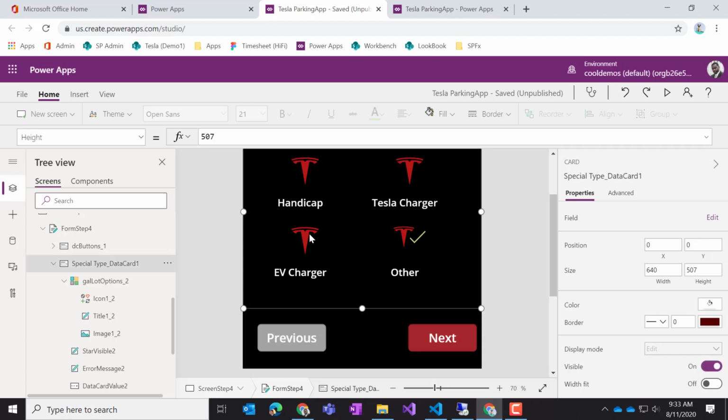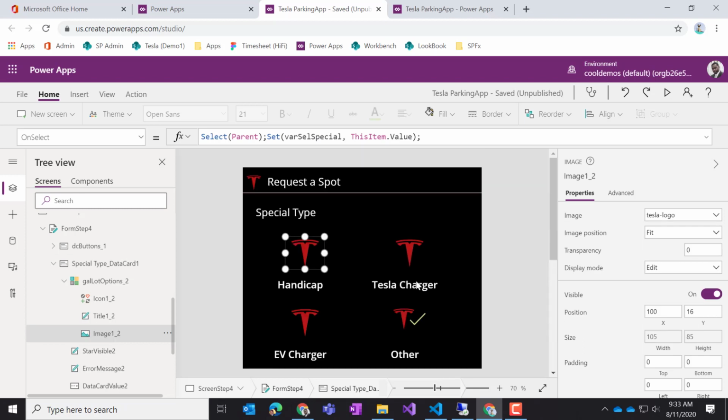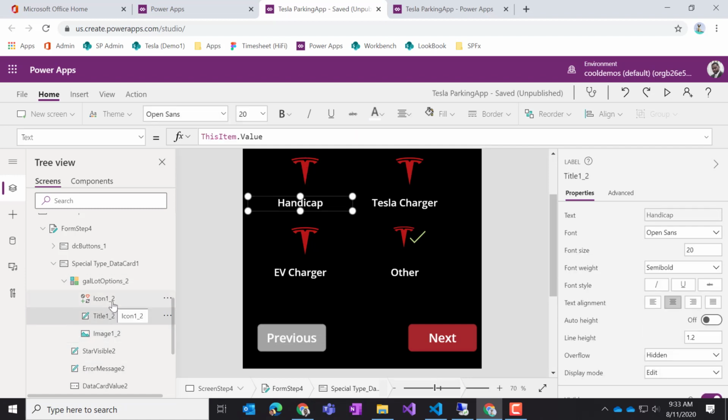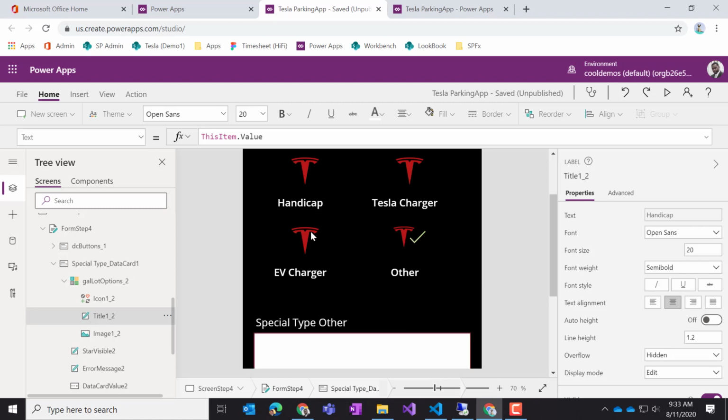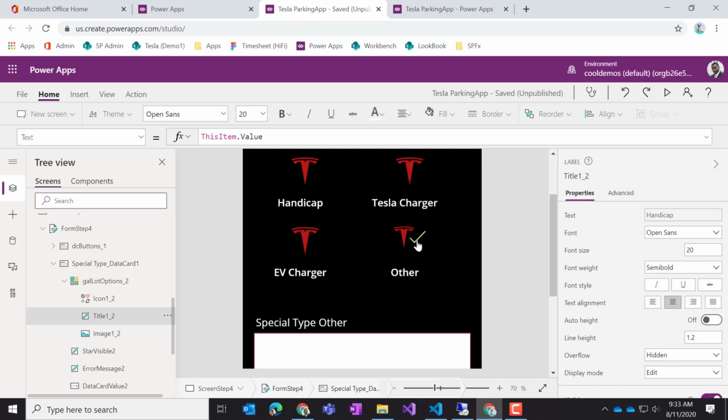So if I hold down my Alt key and start clicking, nothing happens. What happened? So select this value, store it in select special. That looks right. Something's not right. Hold on my Alt key. Oh no, it's working. You know what's off? That's throwing me off. It's the check